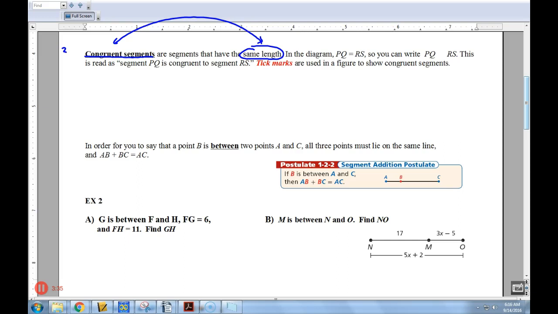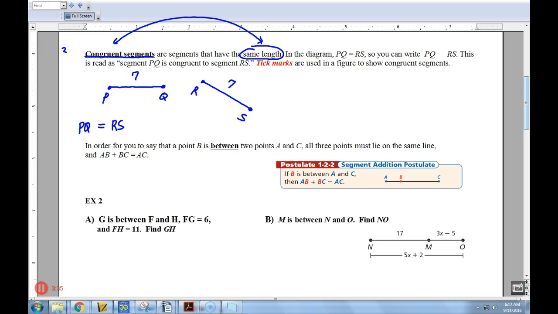So in a diagram, let me just draw this, and I'm going to draw a segment PQ. So there's segment PQ, and then I'm going to draw another segment right here, the exact same length, or I'm going to try to make it about the same length, RS. And let's just say that the distance from P to Q is 7 inches, and the distance from R to S is 7 inches. Since those two are equal in length, I can say that not only is the distance from P to Q equal to the distance from R to S, that's a statement saying that their lengths are equal,